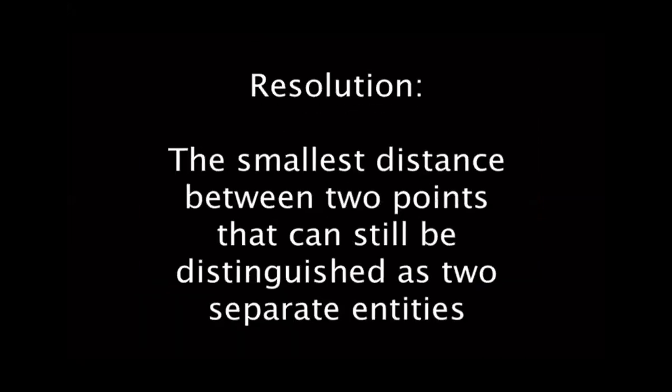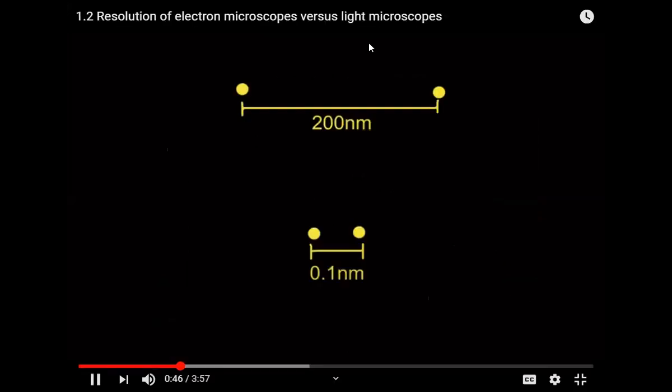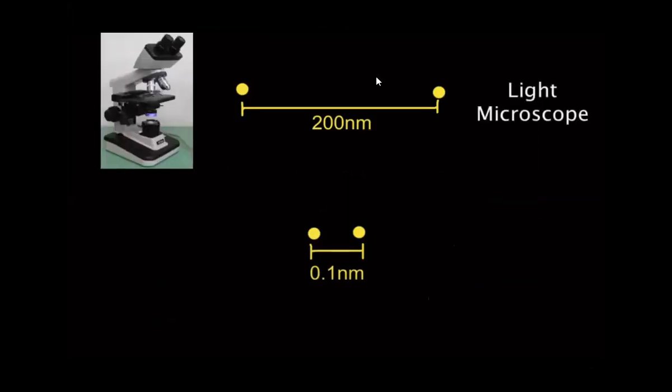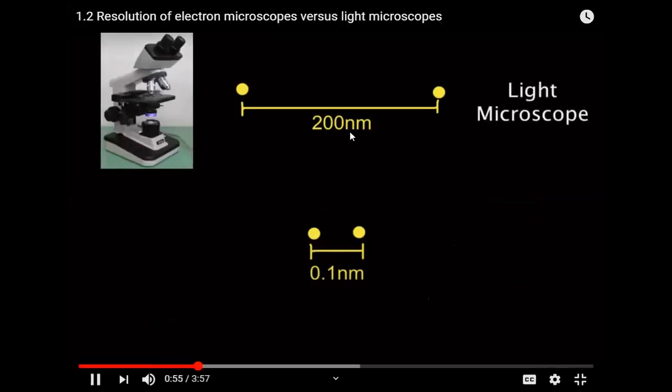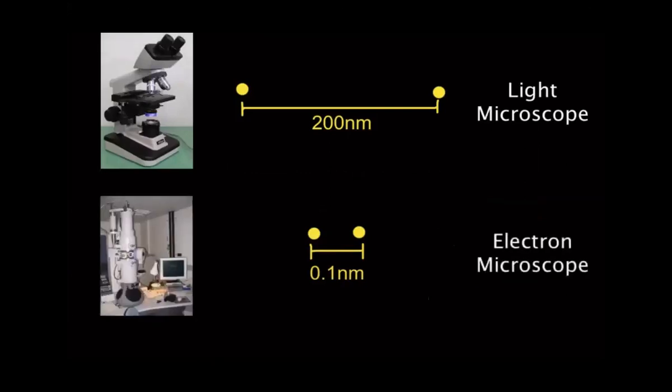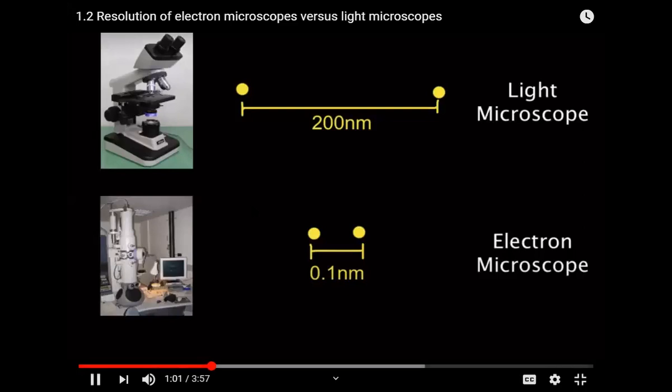Well, resolution is defined as the smallest distance between 2 points that can still be distinguished as two separate entities. So in practical terms, this means that the smallest distance that you can tell 2 points apart using a light microscope is 200 nanometers. But for an electron microscope, it can go much further than that. It has a higher resolution. It can tell